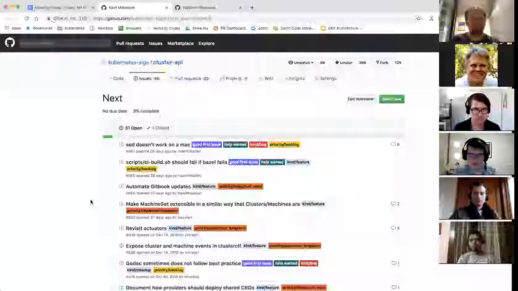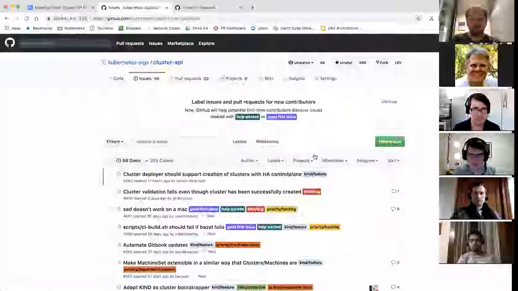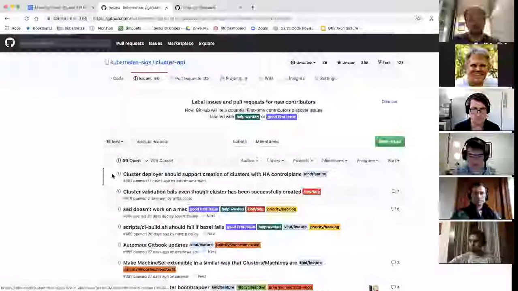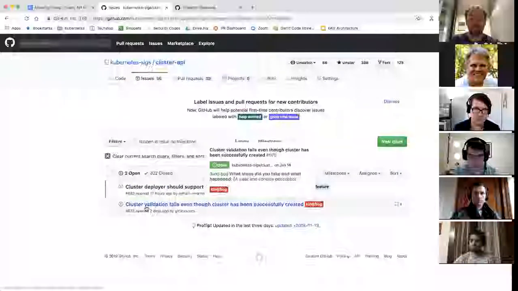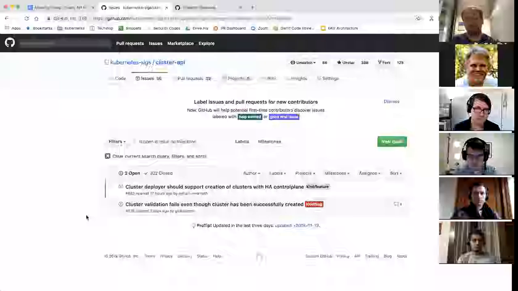The nice thing about putting things into the next milestone is that if we go look at issues and we look for issues that don't have a milestone, we can see things that haven't been triaged yet. And then we can go through and say, for each of these issues, should they be put in the V1 Alpha milestone or the next milestone? And it makes it really easy to keep up with the incoming issues and make sure they get properly